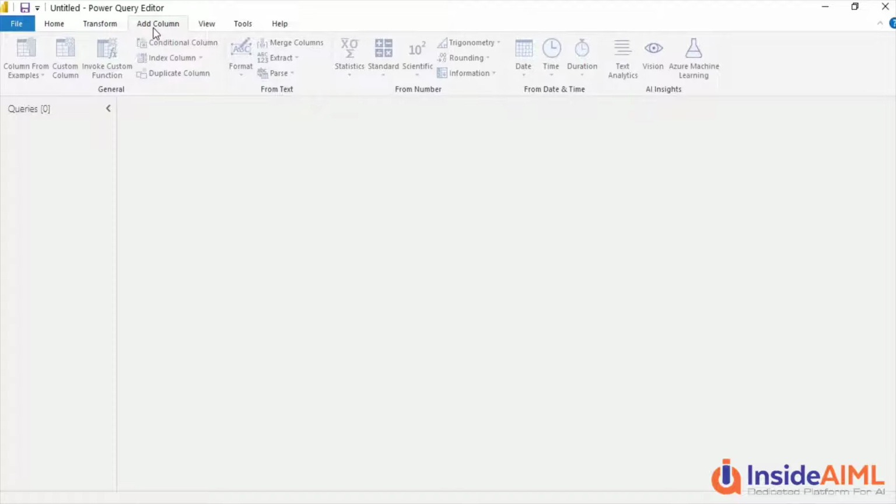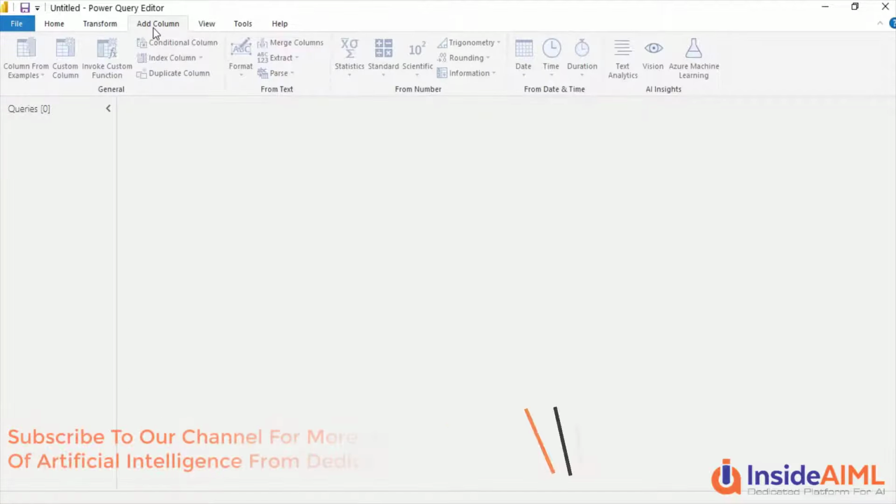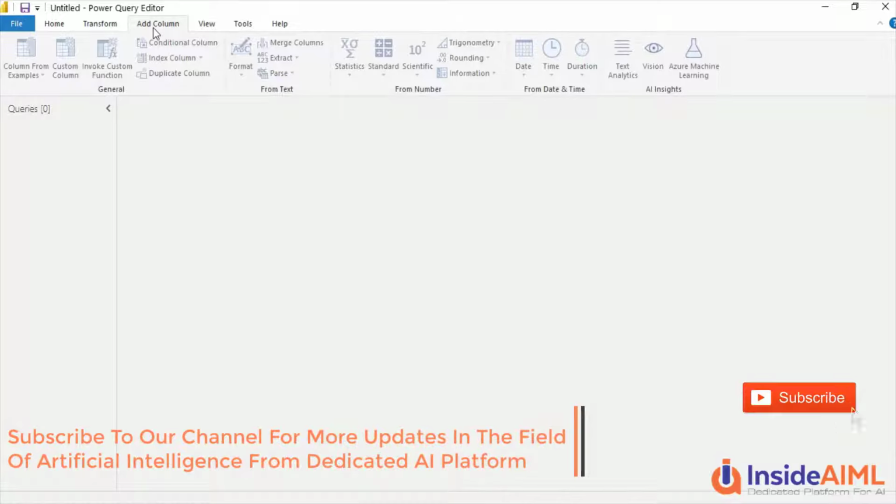What is direct query? Direct query means Power BI is not going to store the data, it is going to go back and query the database. In the import mode, Power BI is going to import the data. We are going to see a direct query example later, but first we will start with the import mode, and we are going to create some custom columns, and these are the new columns which are created in Power BI, and created columns will occupy space, and they are like physical table columns which are stored in Power BI.